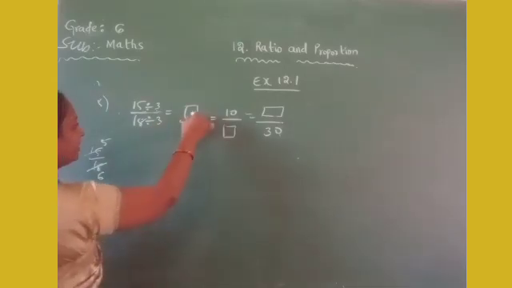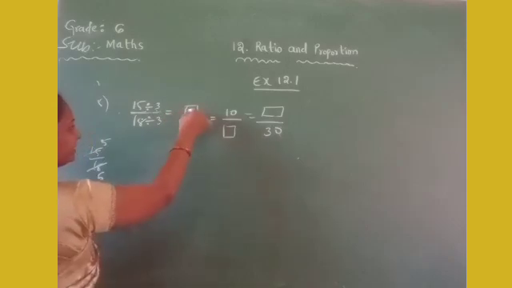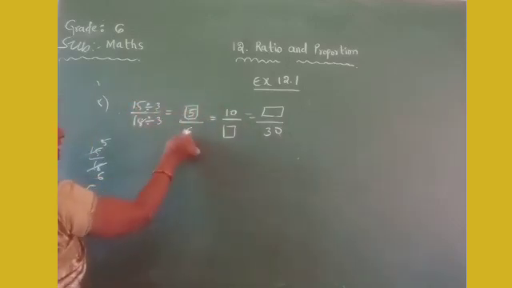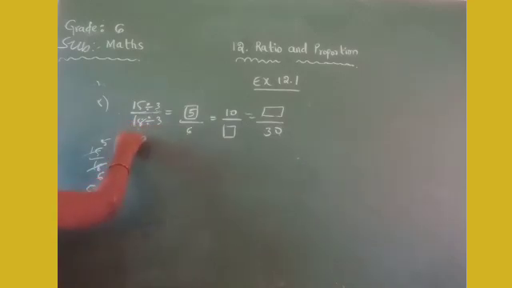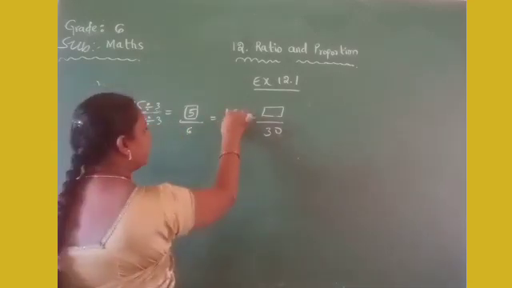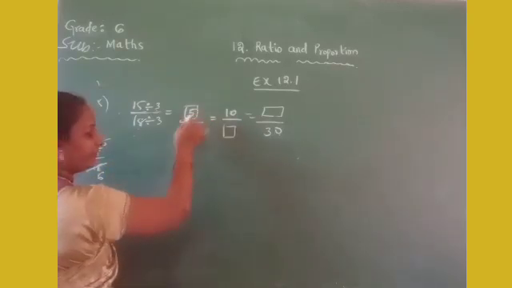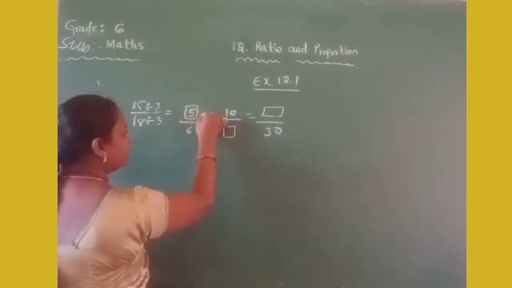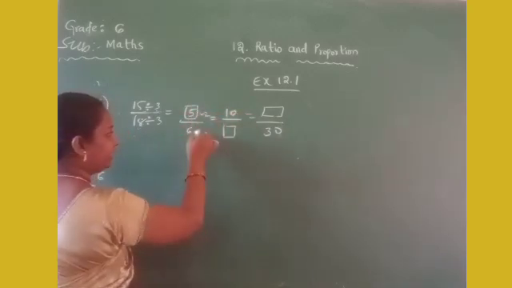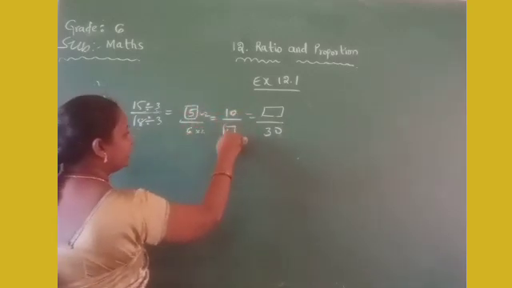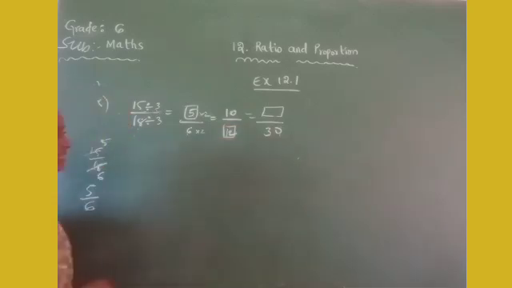Very good. So here what will you get? 3 5s, how many? 3 6s is equal to 18. So 10 came. 10 means, how many times do you multiply 5 to get 10? 2 times. That is 5 into 2 is equal to 10. And here 6 into 2 is equal to 12.